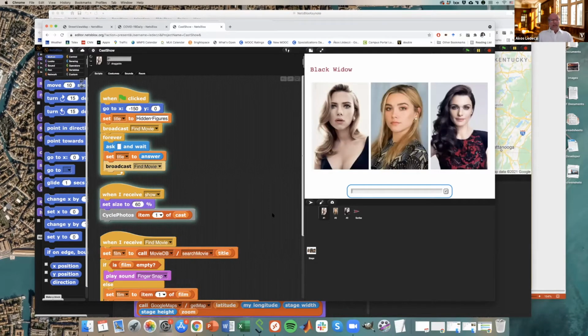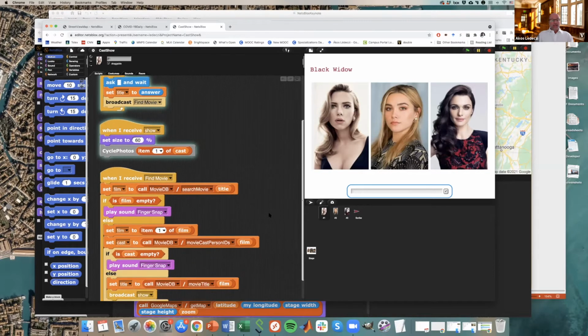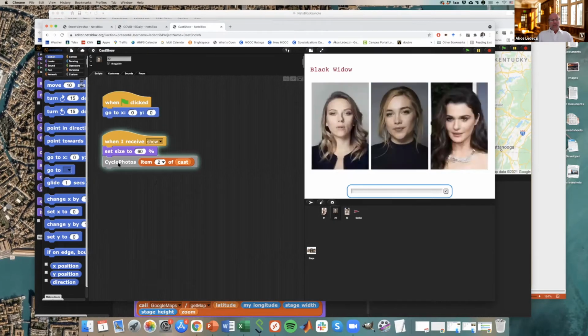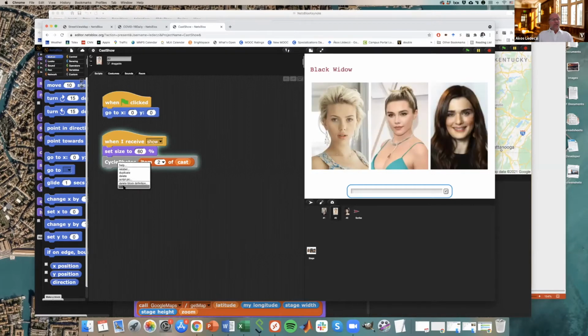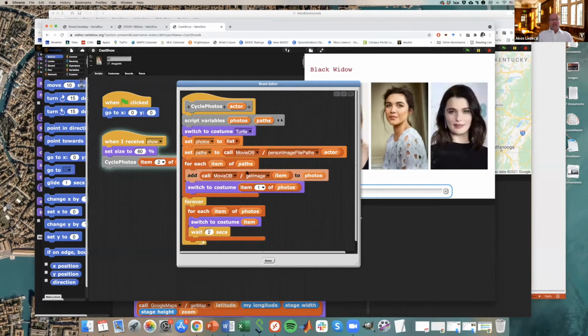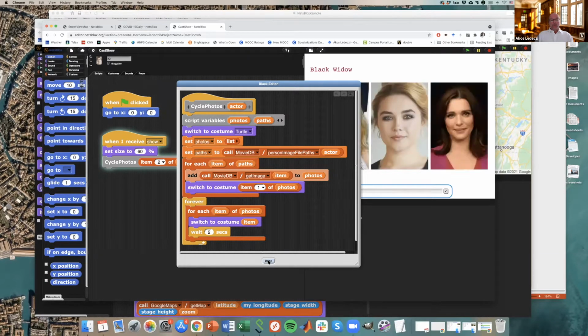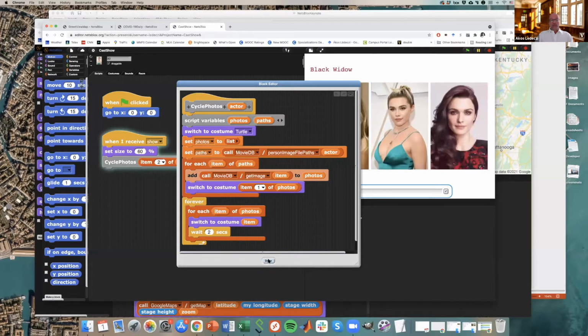Okay, so again, you can see that the code in this case is fairly simple. For these sprites, this is just basically using this custom block, which is getting the images from the database and then in a loop, just looping through them and displaying them every 2 seconds.